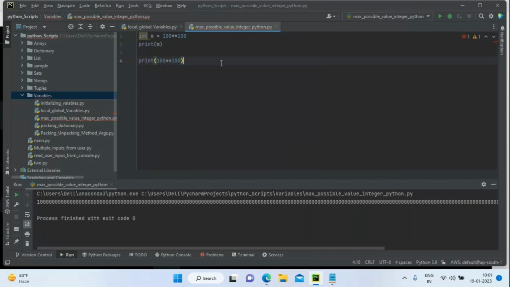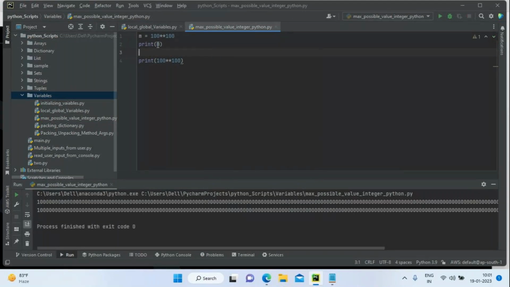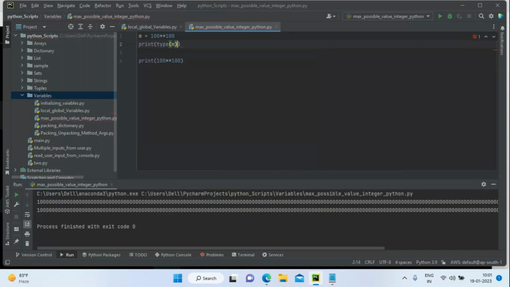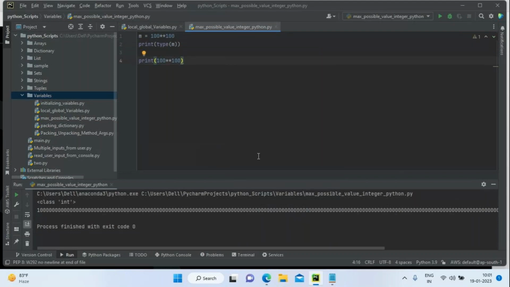Then type of m. See, if you take any huge values, it will be an int